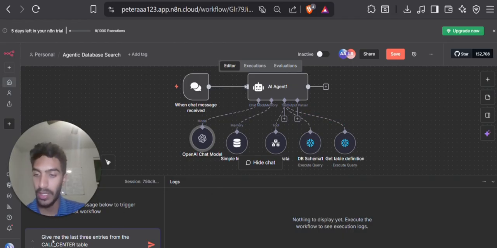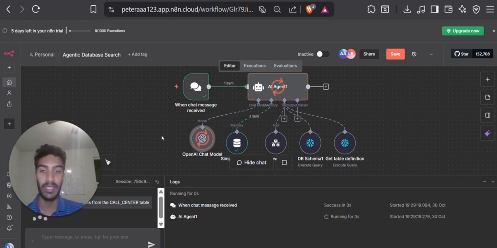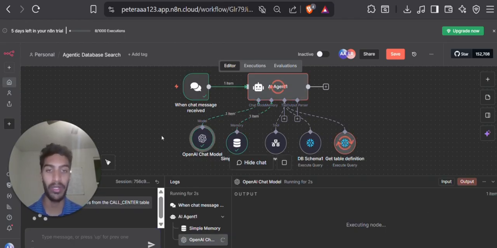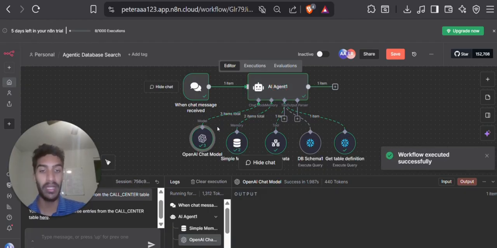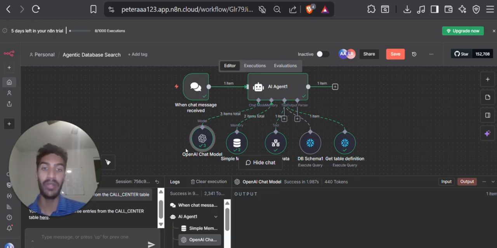So let's dive in. Here I've already prepared the message: give me the last 3 entries from the call center table. Let's submit that, and we can see our workflow running. The message gets sent to the AI agent. The AI agent understands the message, checks the database, and checks if there's any data that would fulfill the requirement of the last 3 entries. If so, then it will prepare the SQL query needed to retrieve that